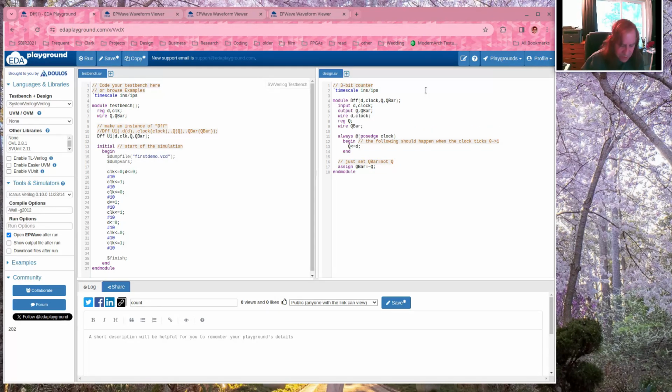And so I'll call this module count, and it's going to have a clock and an output, and I'm also going to give it a reset line. And the reset line is kind of just because the value of a counter depends on its previous value, and if we don't know the previous value, we don't know what we get when it counts up from there. So I'm going to put in a reset line just so we can force the count to go to something that we know. So our inputs are going to be reset and clock, and the output is going to be